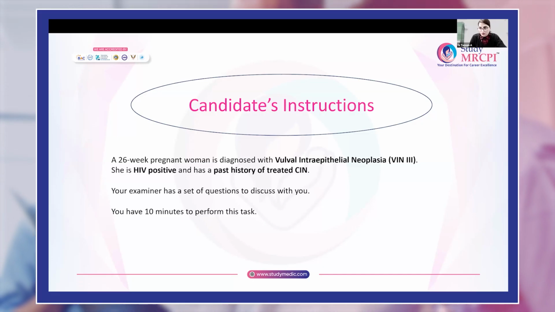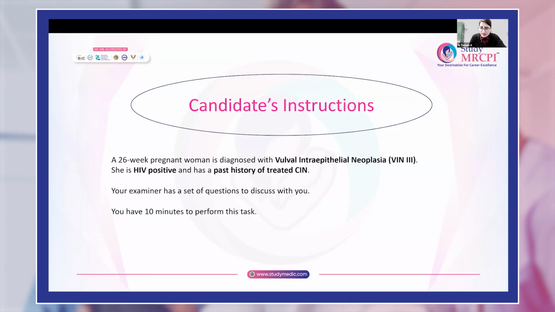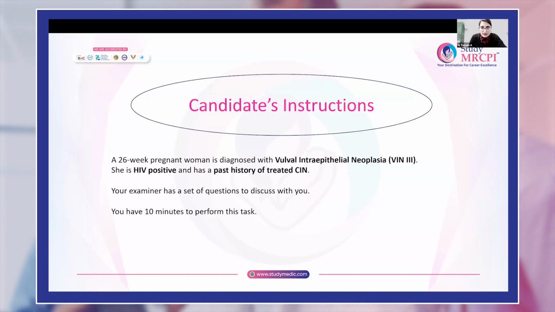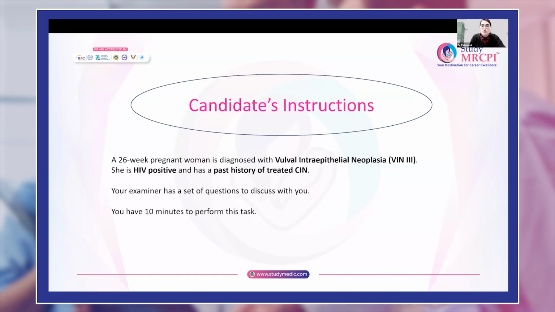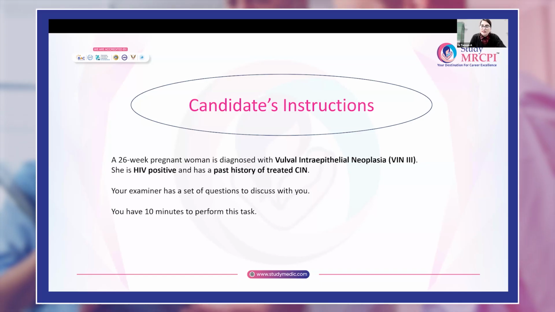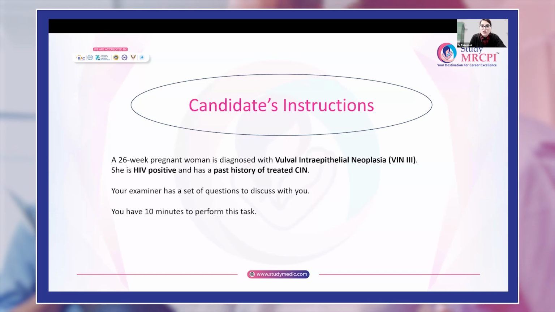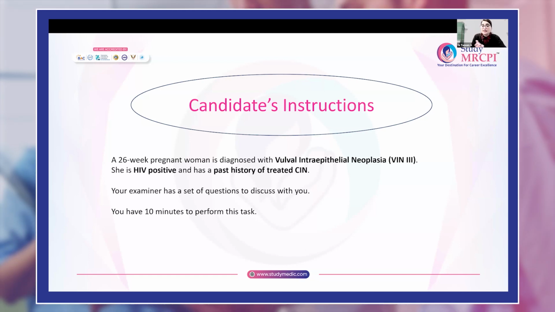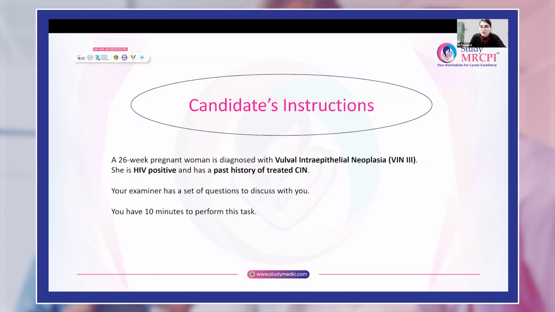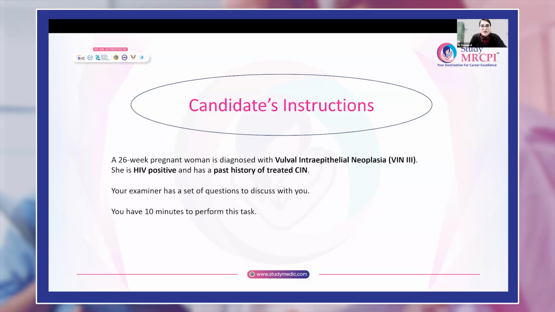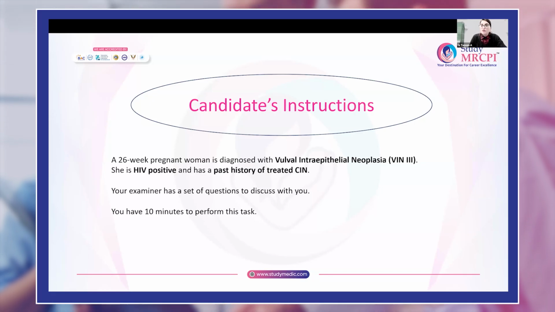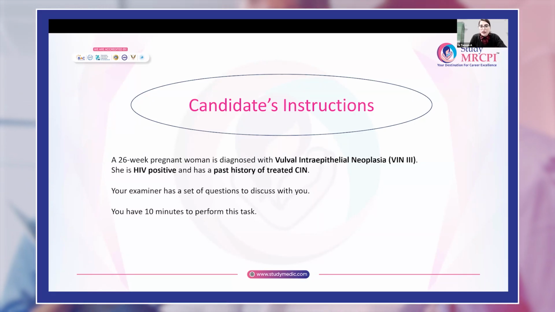Then about her HIV status: since how long she was diagnosed with HIV, what about her compliance with antiretroviral therapy, when the last viral load was carried out, and the CD4 count as well. Her obstetric history is very important: whether it is her first pregnancy, how the pregnancy has been so far, whether it is a planned pregnancy, and whether she received any preconceptional care keeping in view her HIV status. Also her previous treatment for cervical intraepithelial neoplasia, and any other medical concern which needs optimization during pregnancy.